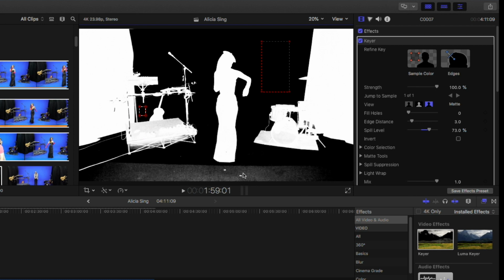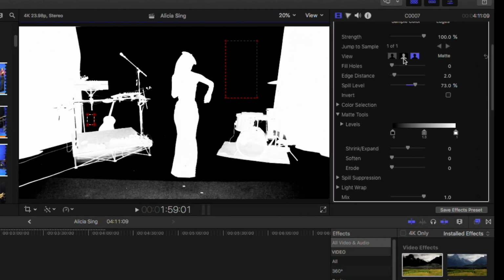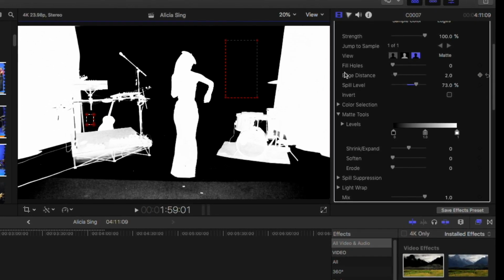This floor right here is a different color blue. It's not really chroma key paint, it's Home Depot paint. So I'm not really going to mess with that because I'm going to mask that out, and I'll show you how to do that. So anyhow, right now it's looking pretty good, except for right here, this stage is going to be a little see-through. Okay, so if we go right here, right underneath the little white and black dude, till you see